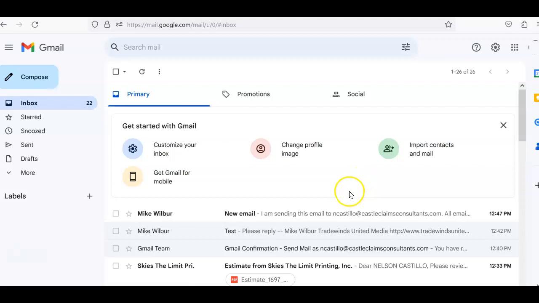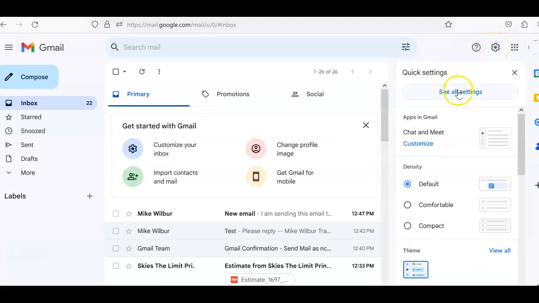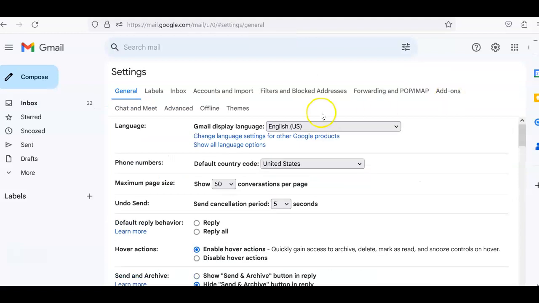Now, when you configure a Gmail, and this can also be done on other providers like even Yahoo or Outlook, a lot of business clients will either use Outlook or Gmail or G Suite. So you can set up what's called an alias, so that way the email looks like it's coming from, or it actually is coming from, the domain-based email. So on Gmail, you just go here to Settings, then you click See All Settings, and it's